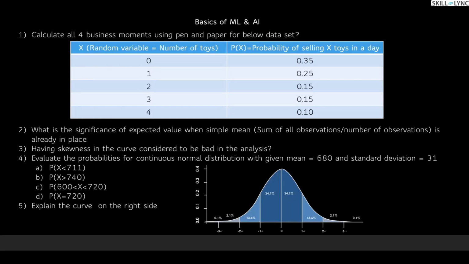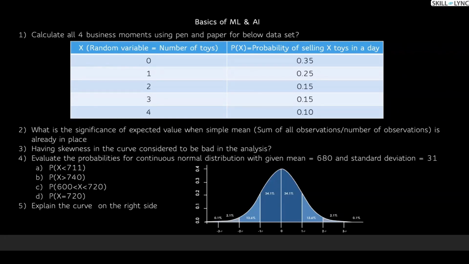formula, the expected value formula? Because earlier, for example, in the case of tossing a coin, the probability of head is equal to the probability of tail. Right. So each event has the same probability, and then you need not consider the p of x. But here 0 has one probability, 1 has another probability. So you should take the weighted average of these values and their corresponding probabilities. Right. That's the whole point.